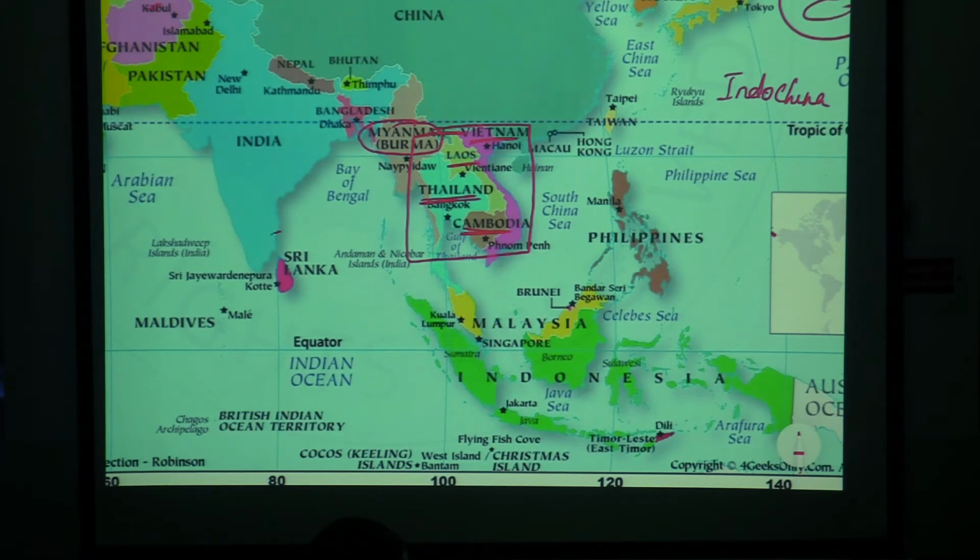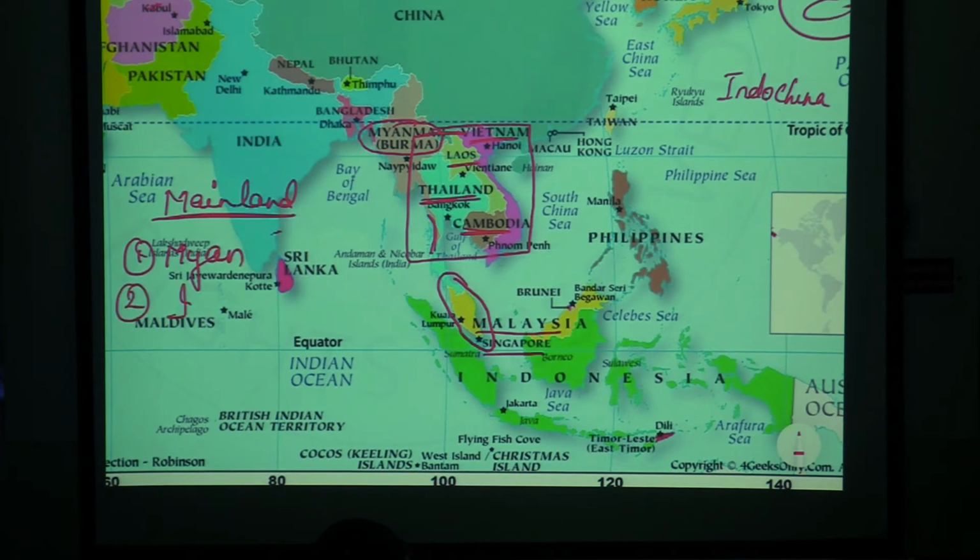Indochina Peninsula do incorporate, note this, the tail end of Myanmar, but Myanmar is better counted separately. So, mainland countries are divided into three: 1, Myanmar; 2, Indochina; and 3, note this part, Malaya Peninsula. And Malaya Peninsula goes with Malaysia and Singapore as the country. So, mainland of Southeast Asia is divided into three parts. Number 1, it's Myanmar. Number 2, it is Indochina Peninsula. And number 3, it is Malaya Peninsula.